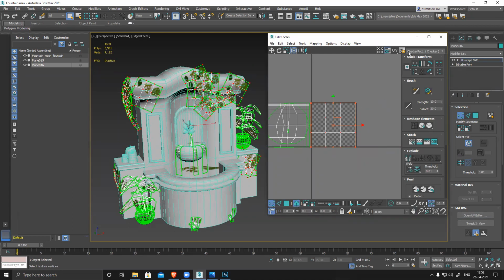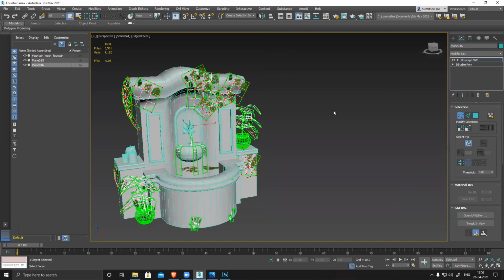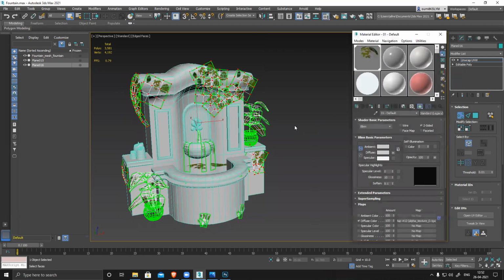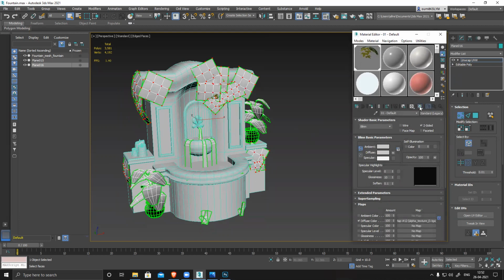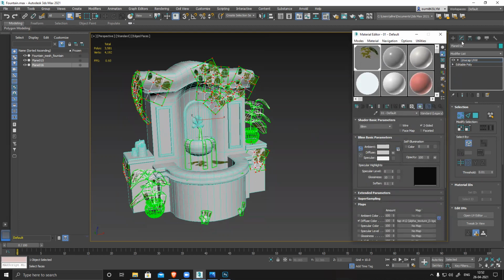This is all your IVs, and go to checker pattern, and where is my alpha new texture? Correct.